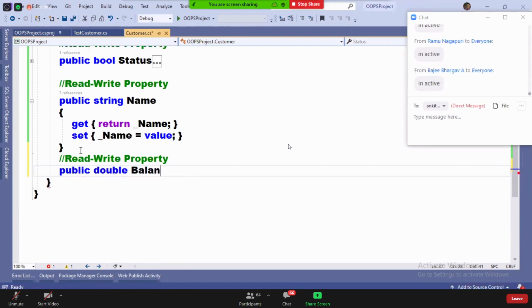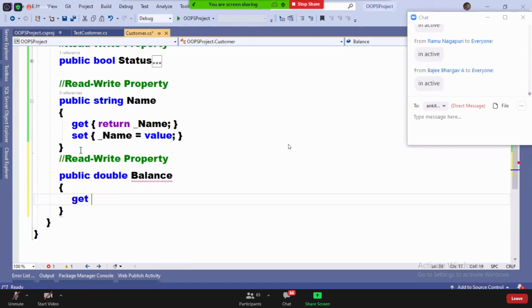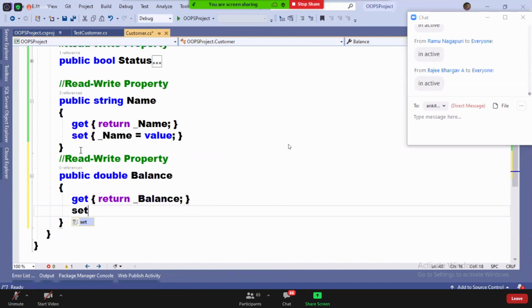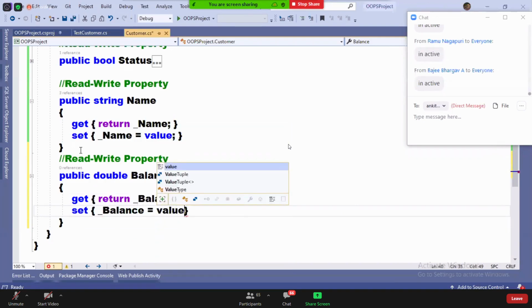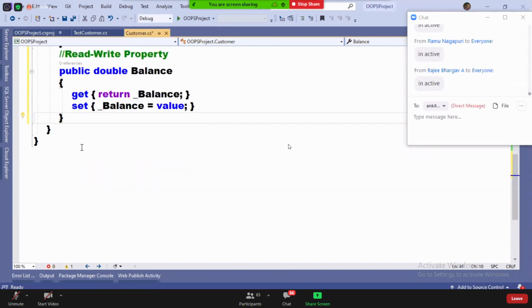Public double balance, get: return _balance; set: _balance is equal to value. And guys, if you observe, the value is of type double here, the property is double.